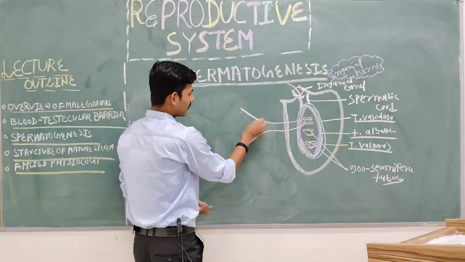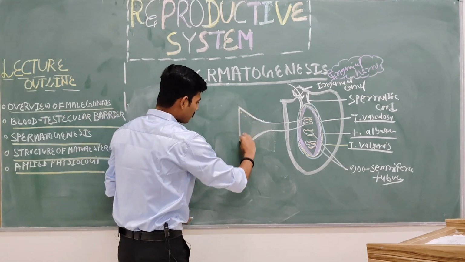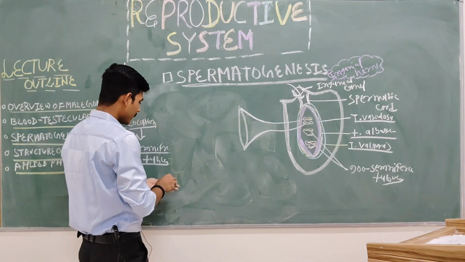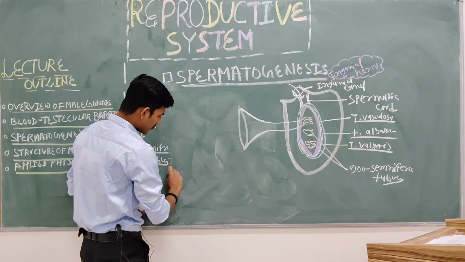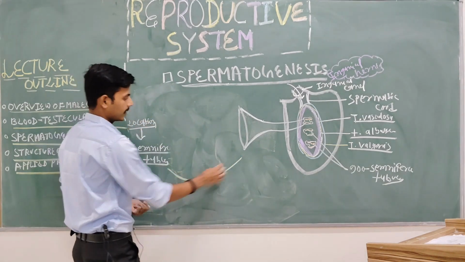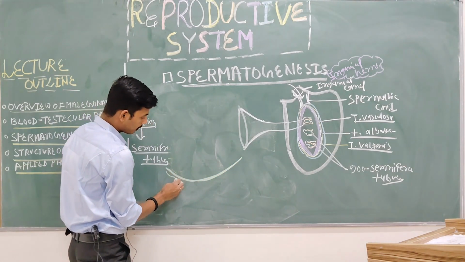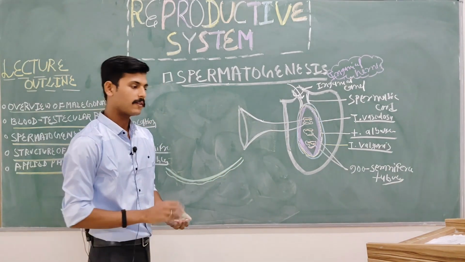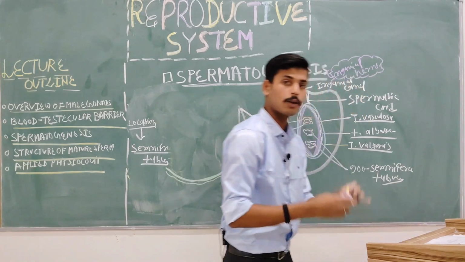As we magnify it and understand, the seminiferous tubule is primarily lined by two types of cell. The first cell is a long cell,